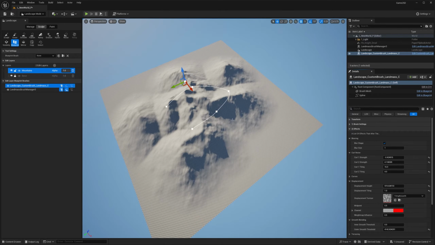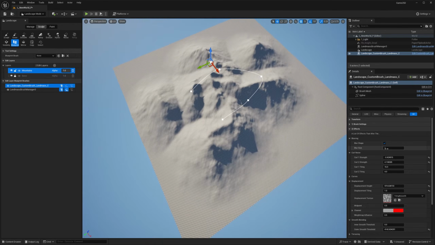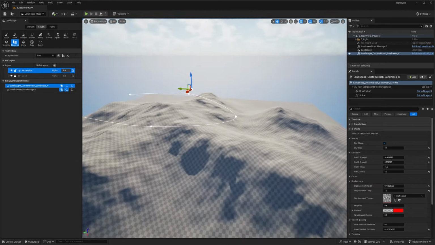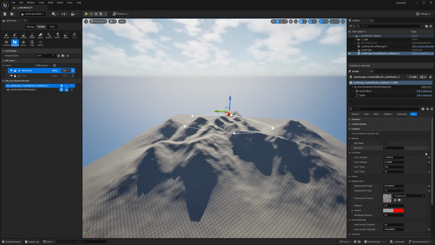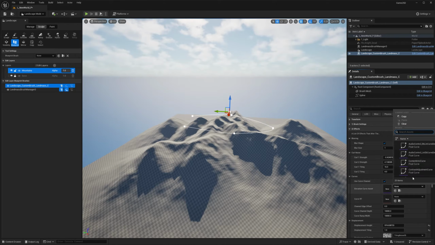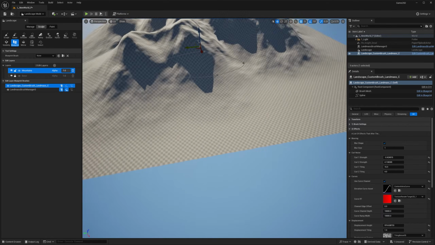Then you have a blurring. The blurring is essentially blurring the whole thing. So if you increase this number, it's going to blur the whole surface, and some of those details are going to be completely wasted. In this case, I do want that. Your curves is essentially changing the elevation. We don't have any curves here that can be useful for this. I'm going to pick a random one. You can see how that looks.